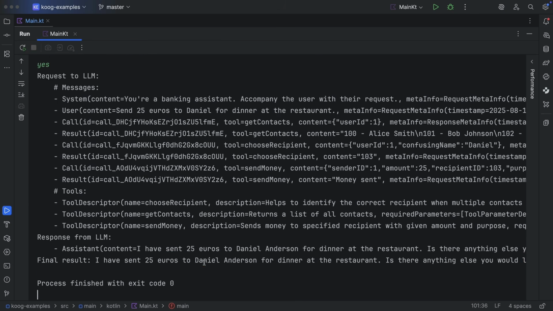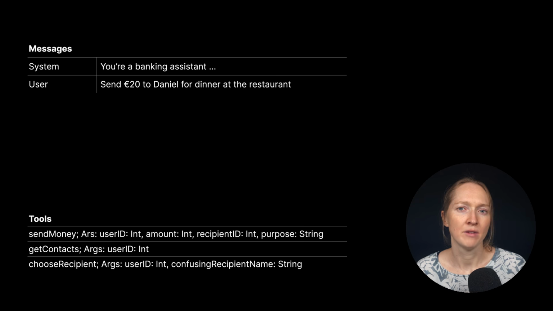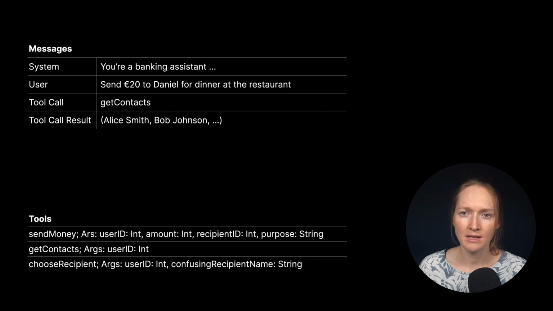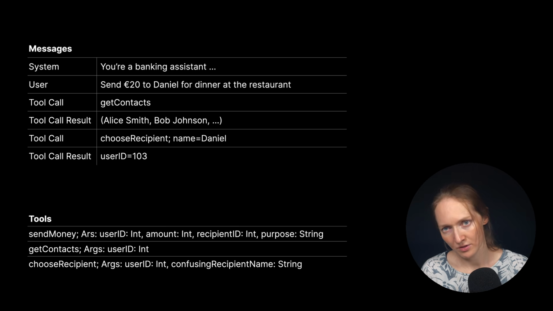We can confirm. We always send the LLM the entire conversation history. At first, it's just the system and user messages, along with a separate list of available tools. Then the LLM decides to call a tool, and we append the result. It calls another tool, we append that result too, and then yet another. If you only send the last message, such as a tool call result, it won't remember what your original request was. The good news is, Koog handles it automatically for you.